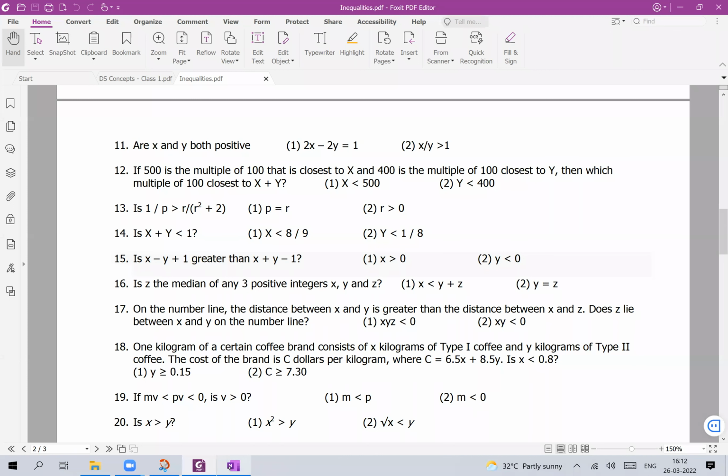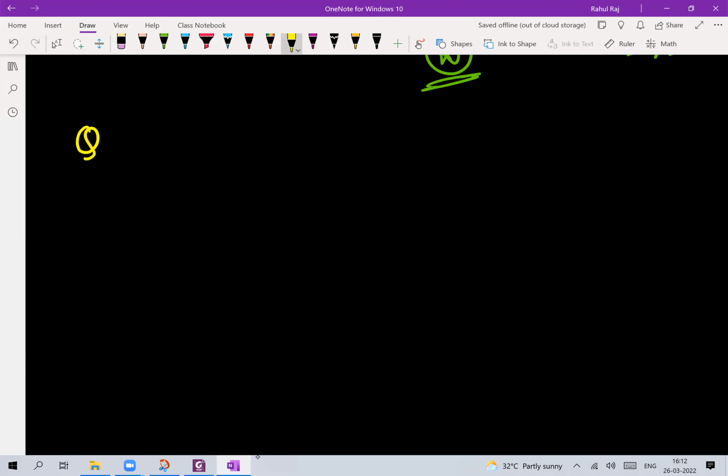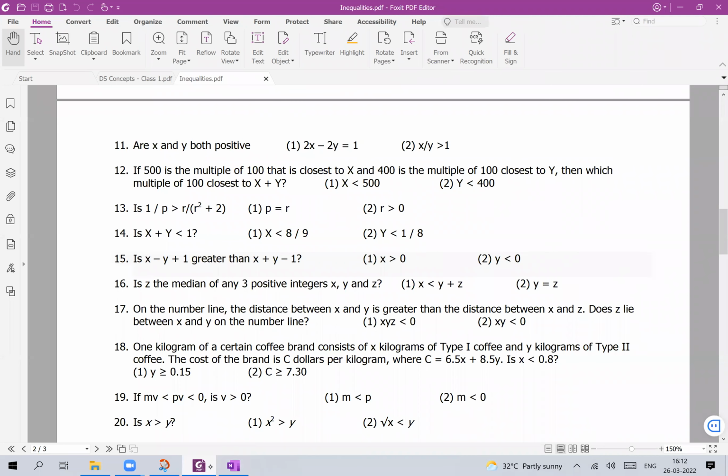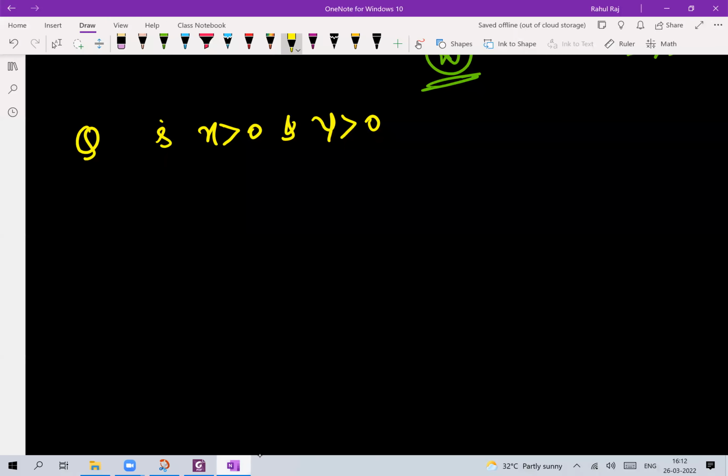Are X and Y both positive? The question is X greater than 0 and Y greater than 0? First is 2x minus 2y is equal to 1. Second is